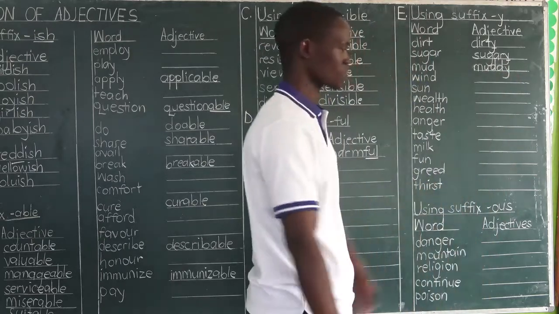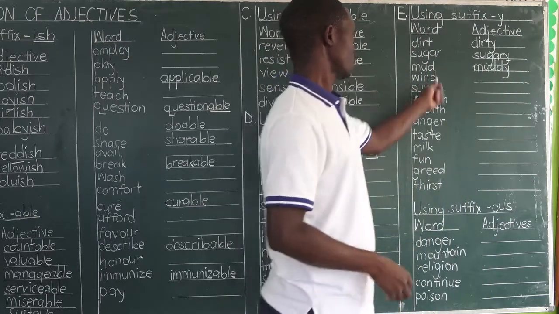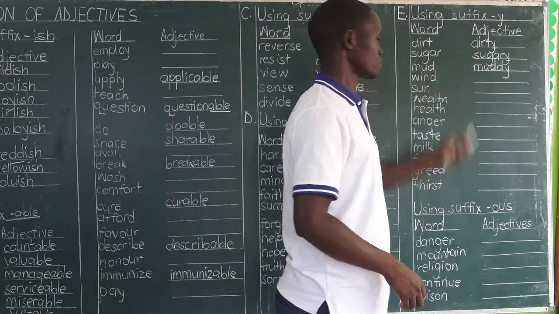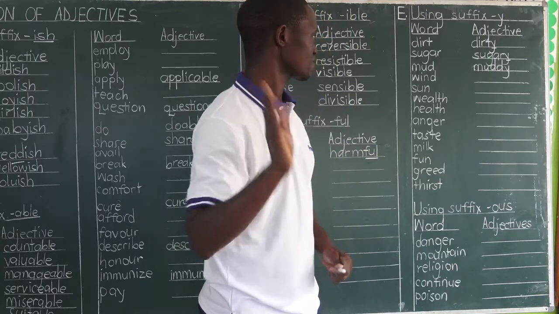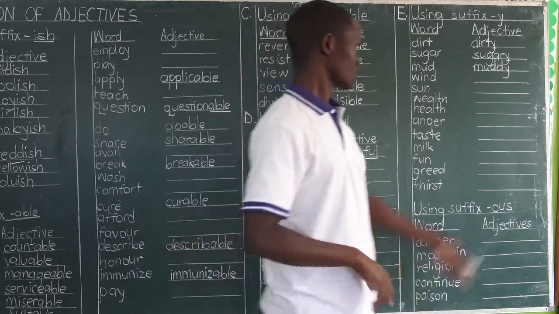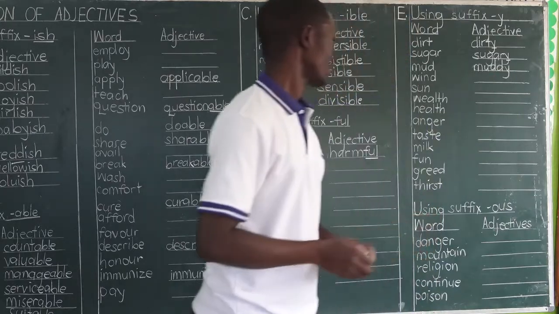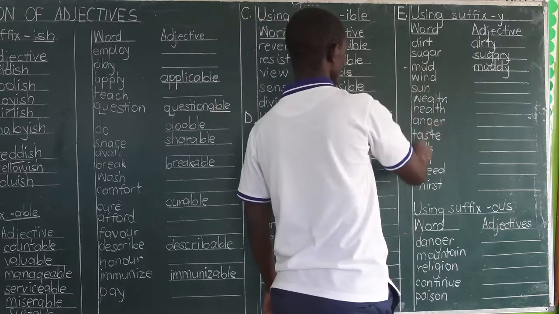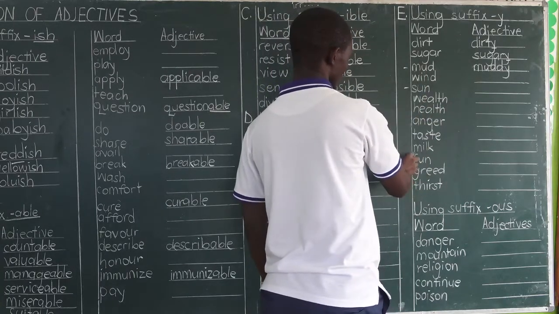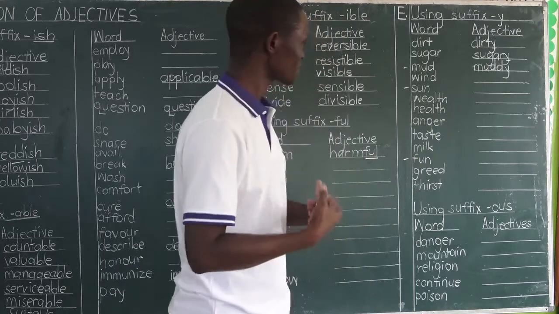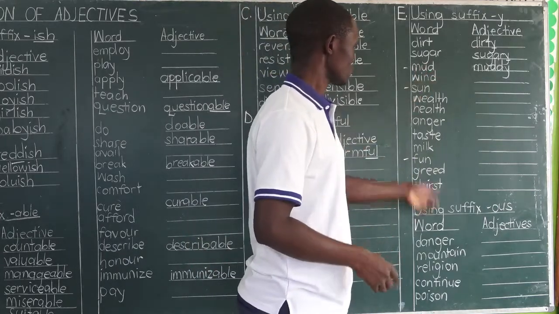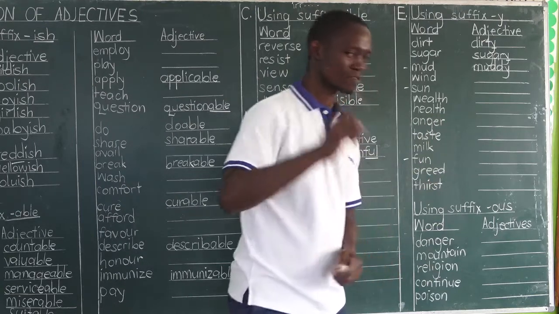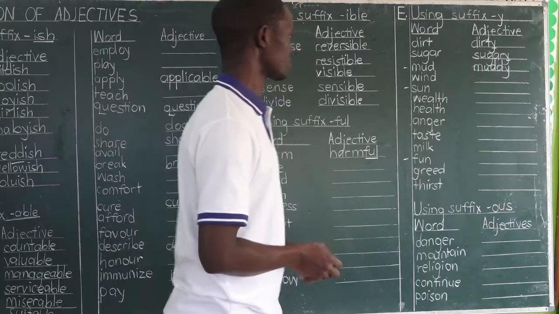See what has happened to the last D, which comes after a vowel. Consonant, vowel, consonant. What did the teacher tell you in the previous classes? Double the last consonant. That's why we are doubling it. Always remember that rule. It's going to have to be applied to this one, to this one, to fun as well. They are in the same category. Consonant, vowel, consonant. Consonant, vowel, consonant. And finally here, consonant, vowel, consonant. You always double the last consonant.